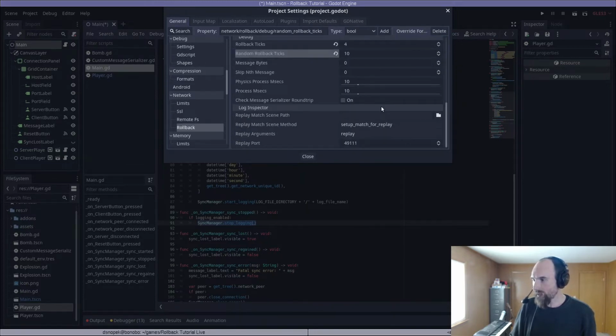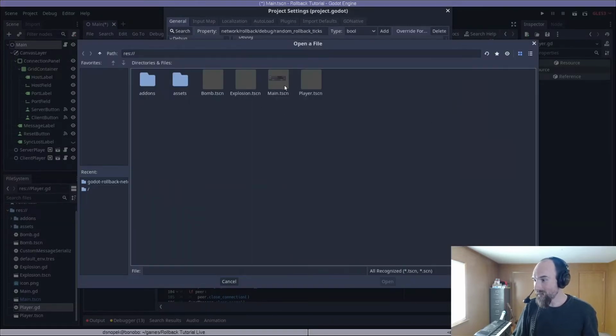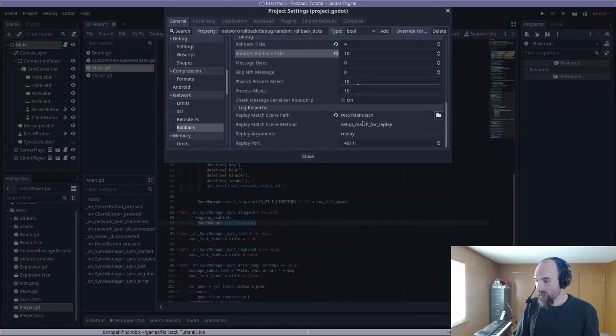We need to set a replay match scene path. This will be the scene that the game loads when in replay mode. In my games, I usually have a match scene that runs the game when playing online for real, but that can also be reused for replay. But you could certainly make a unique scene just to run the replay. It depends on how you're organizing your game. In any case, for this very simple demo, we just use the same main.tscn, and this replay match scene method